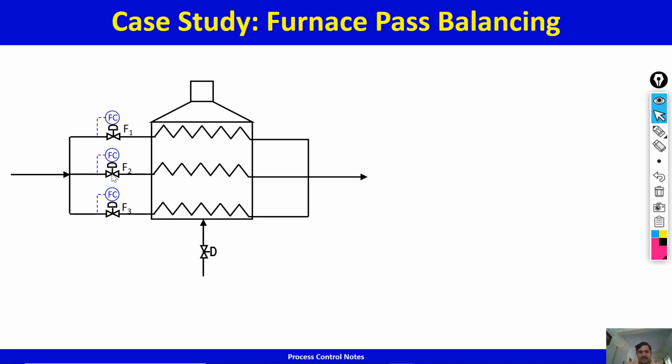So our control objectives, okay, by the way, there's a flow controller there, and you have these measurements, the temperature measurements on each of the pass outflows, and then after mixing the overall temperature, that's over here. These temperature measurements are available, and the flow through each of the passes is controlled, and you can set these flows so that the temperature rise across each of the passes is the same. And of course you've got heating rate Q.